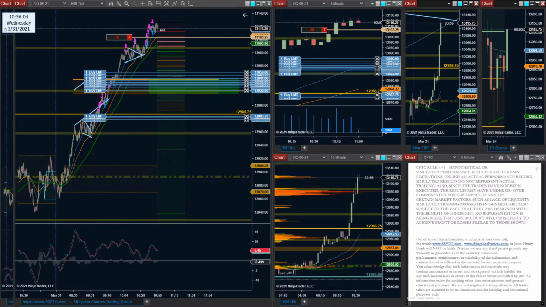So now we'll wait. A little bit later this time, we actually had some action that kept going, but for now, going into the afternoon, it's pretty much just going to be babysitting this one and waiting until it wants to do something or get away from here. But we know the game plan, so that's going to do it.